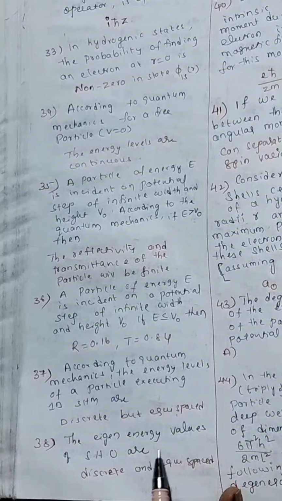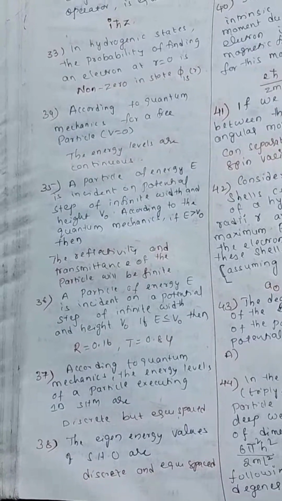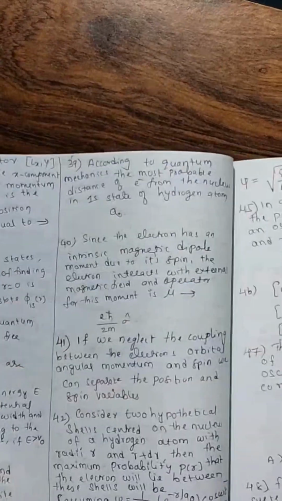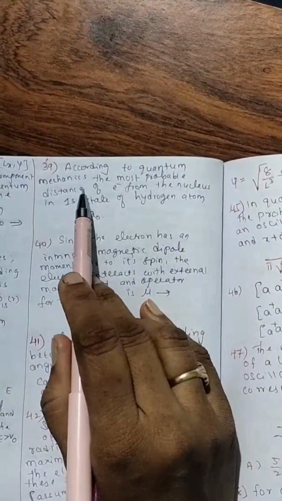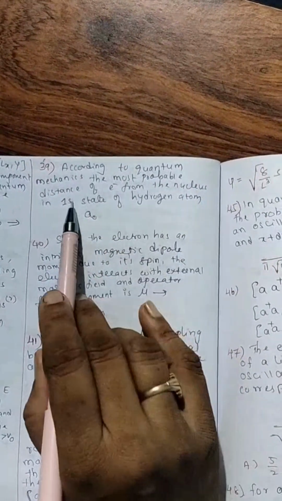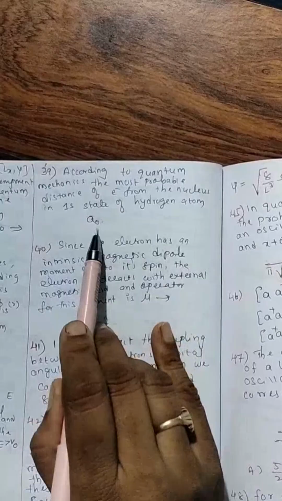The energy eigenvalues of the simple harmonic oscillator are discrete and equispaced. Now the next question. According to quantum mechanics, the most probable distance of the electron from the nucleus in the 1s state of hydrogen is